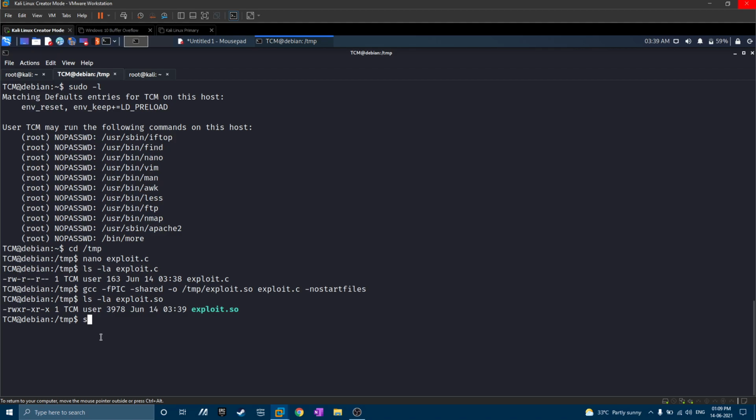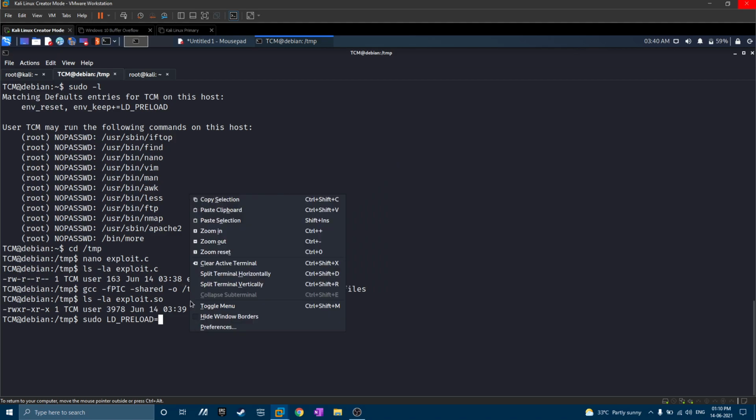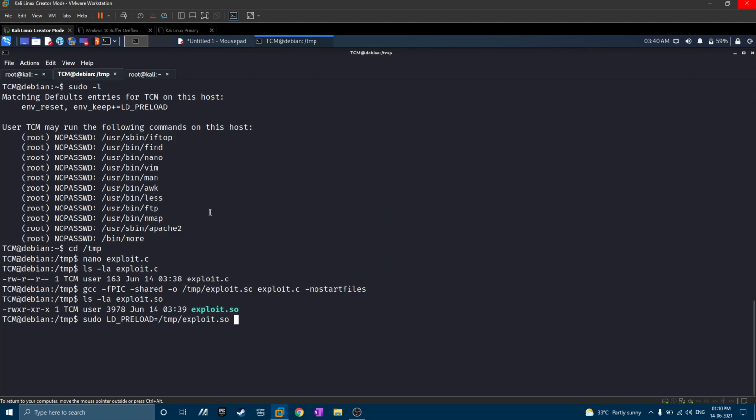All you need to do is type sudo, then LD_PRELOAD equals the location of this exploit, that is /tmp/exploit.so, and then you need to type the name of the binary that we selected to run from this list. So here I am going with man.